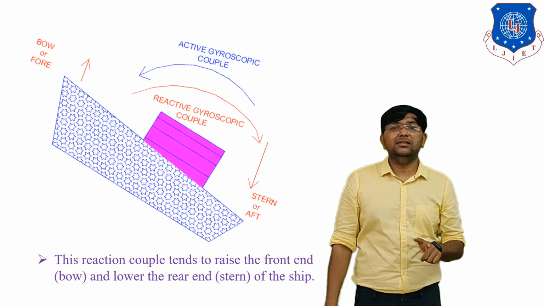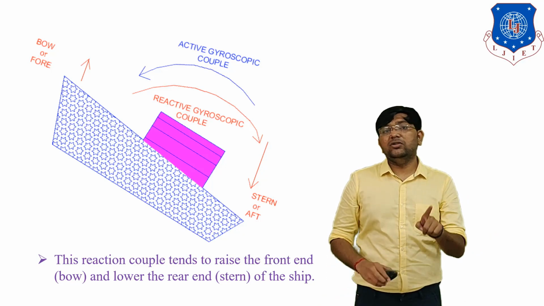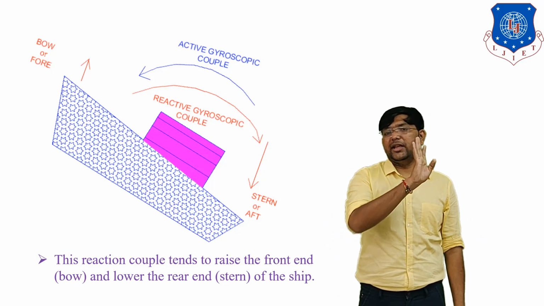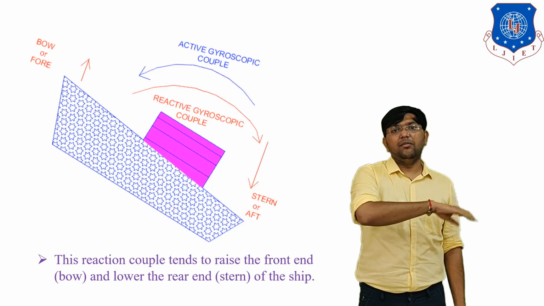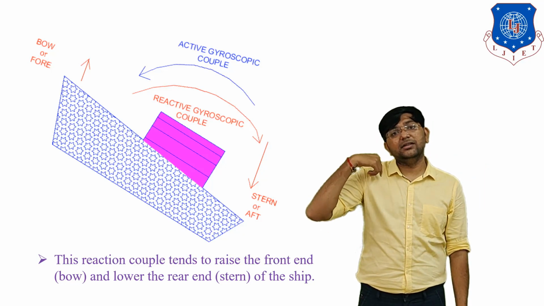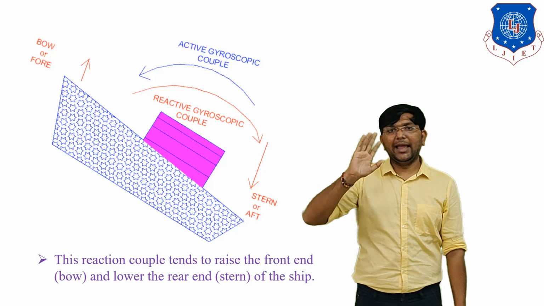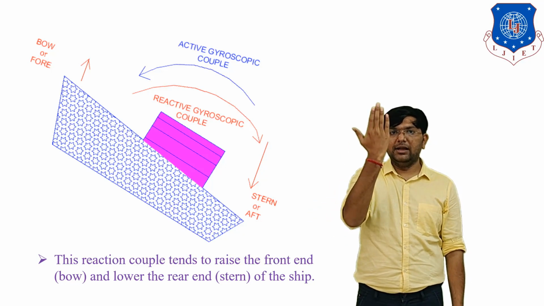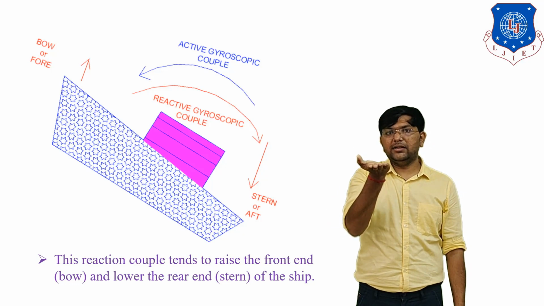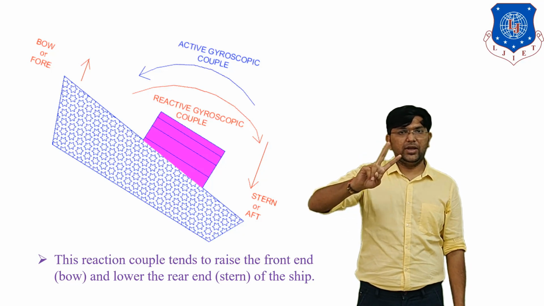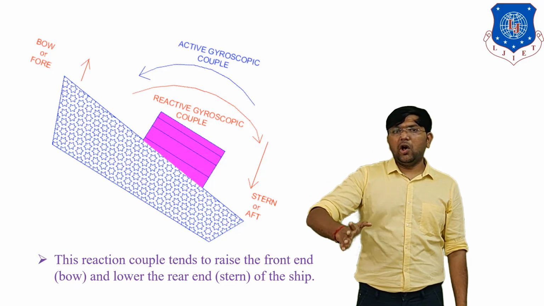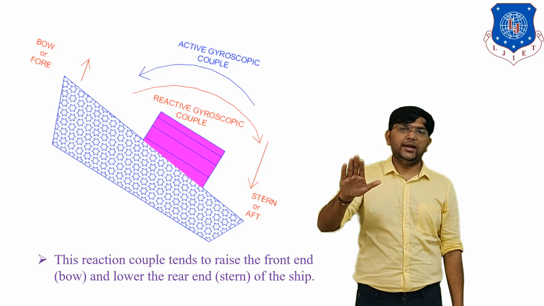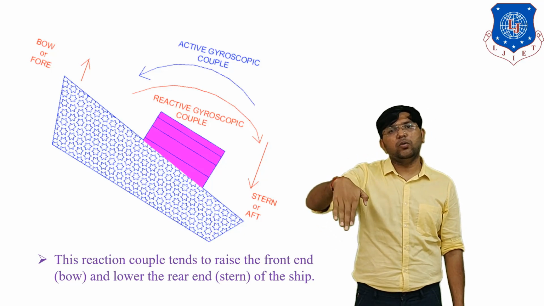In today's session we discussed the gyroscopic effect on a ship because of steering motion. Clear? So in steering motion there are 4 cases, the same as for an aeroplane, but in pitching motion we have to discuss 4 more cases. Like the rotor rotates in the anti-clockwise direction and the ship tries to move in the upward direction, and the rotor rotates in the anti-clockwise direction and the ship tries to move in the downward direction. These 2 cases. And the rotor rotates in the clockwise direction, at that time the ship tries to pitch in the upward direction, and the rotor rotates in the clockwise direction, and at that time the ship tries to pitch in the downward direction.